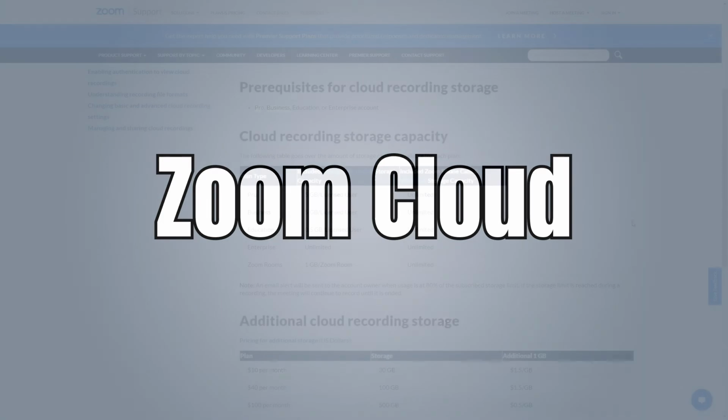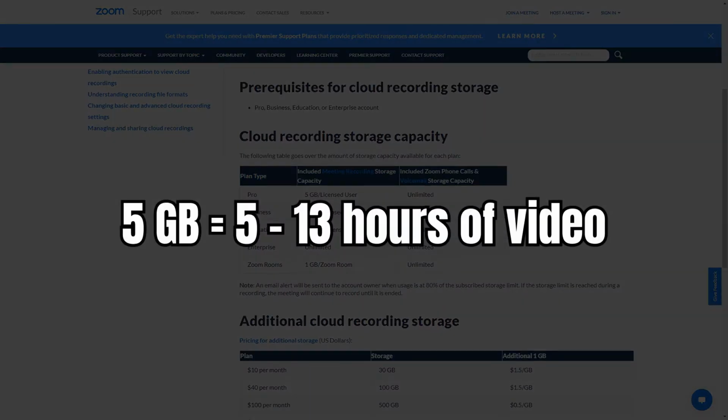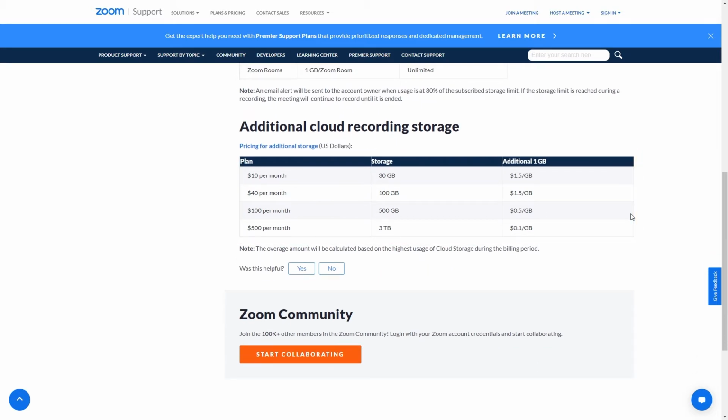Next, we have Zoom Cloud. If you recorded your webinar using Zoom, Zoom Cloud may look like a viable solution for delivery. Just a heads up, Zoom's Pro and Business plans only include a small 5 GB of cloud storage, which translates into anywhere from 5 to 13 hours of video, depending on the resolution and content. You'll likely exceed that after a few webinars and need to pay for their relatively pricey additional storage. There is no quota that refreshes monthly or annually, so as your library of webinars grows, so will your monthly